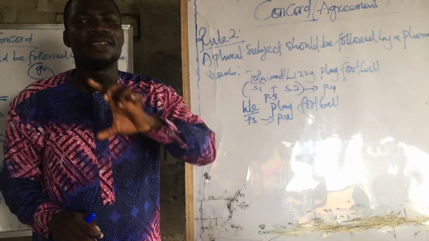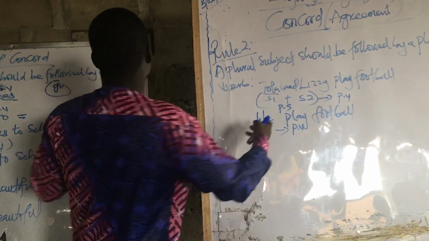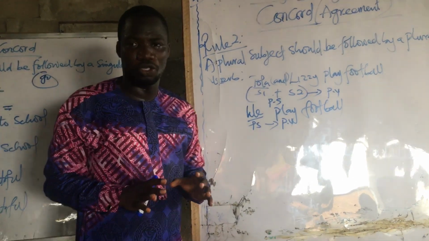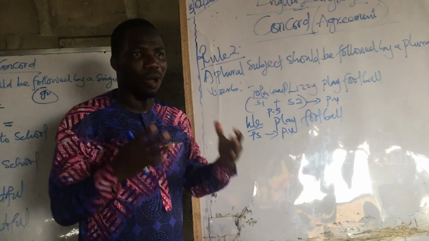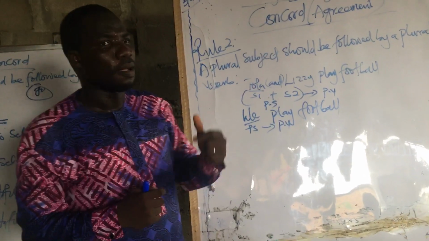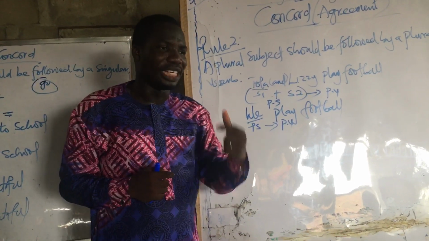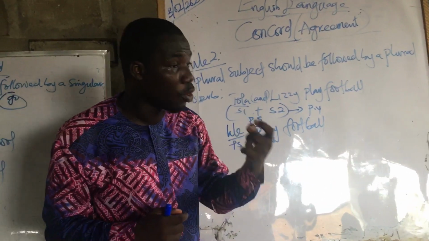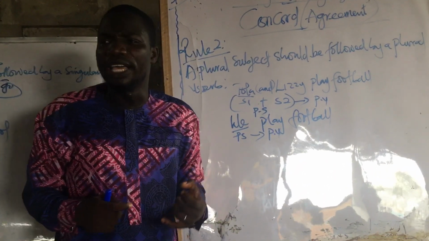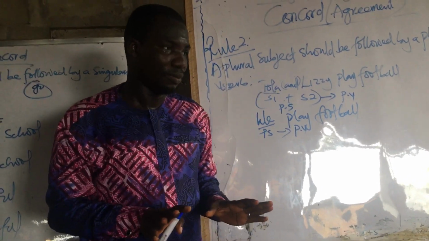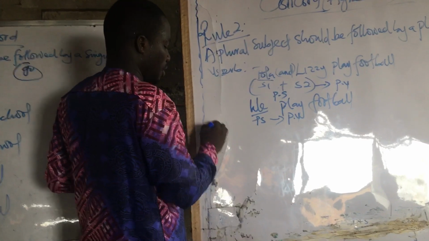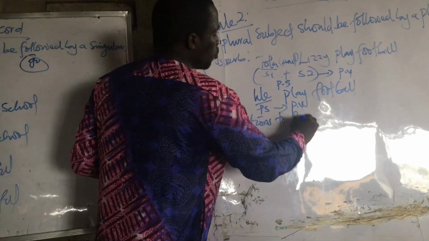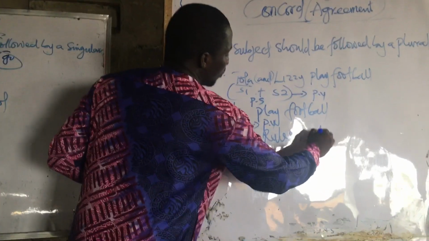There are exceptions to these two rules. And what are the exceptions? The first person personal pronoun in the subjective case. Class, what do I say? The first person personal pronoun in the subjective case is treated as plural. What do we mean by that? Let's take a look at the exceptions to rules 1 and 2.